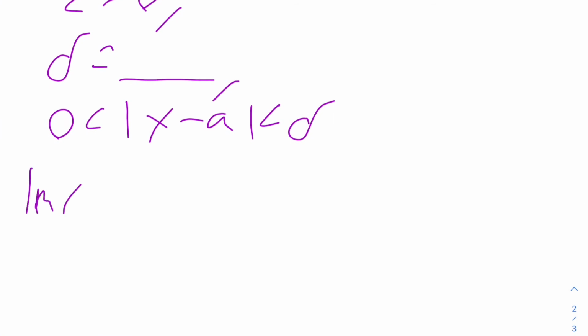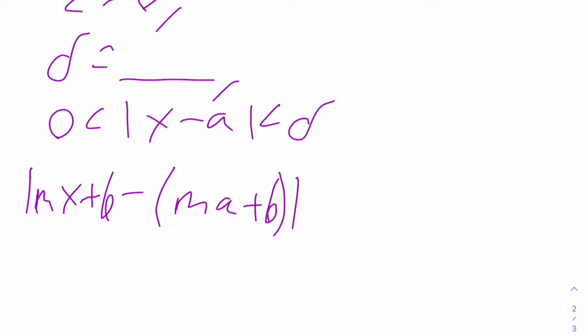We have mx plus b minus (ma plus b) in absolute value, and then we just do some algebraic manipulations to use our givens and get our desired result. So this is equal to, well, negative b, so plus b and negative b just cancel out, and then we end up with mx minus ma,